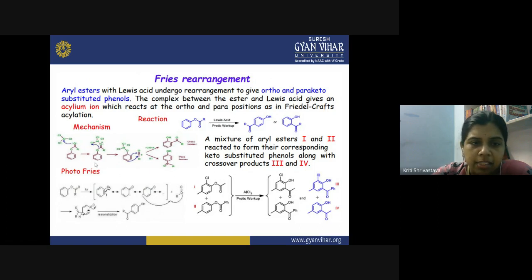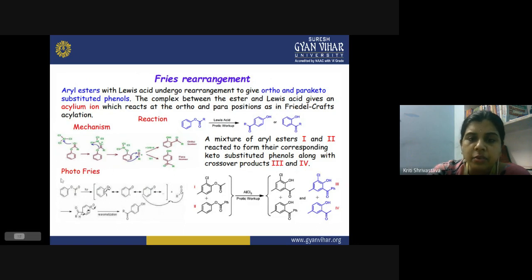So the possible mechanism is mentioned here. The reaction takes place in the presence of some Lewis acid. The Lewis acid can be any electron deficient compound, like it is shown here as AlCl3. When the electron deficient compound attacks the electrons present on the oxygen of the carbonyl group, the reaction starts by formation of an unstable intermediate with your Lewis acid, and finally the rearrangement takes place either on the ortho position or on the para position. So both could be formed once the reaction has started. These two are the possibilities, so you get ortho and para products in different ratios.